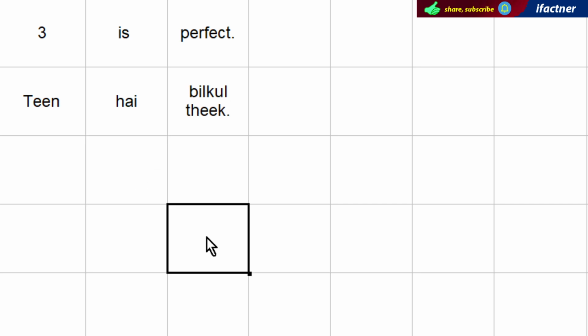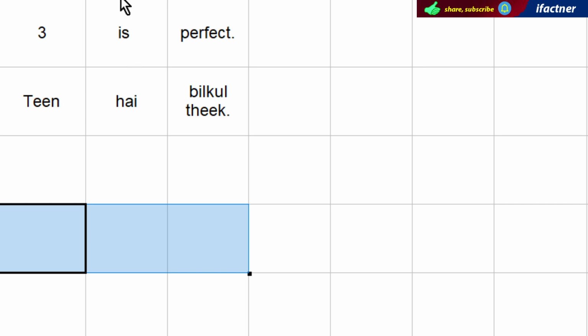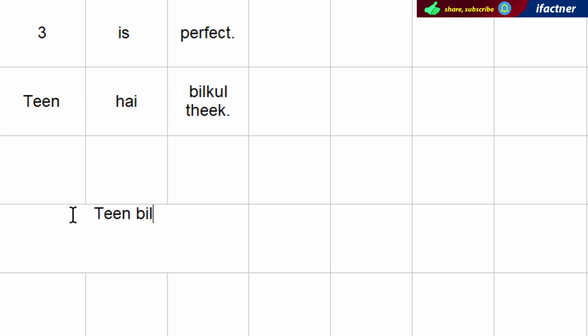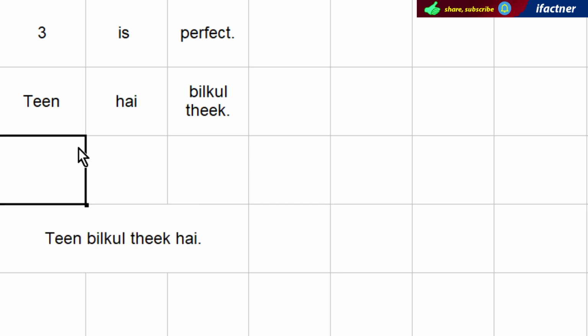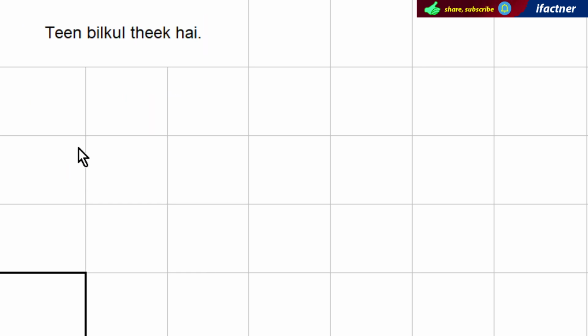Now we can say 3 बिल्कुल ठीक है, या 3 मंडे को बिल्कुल ठीक है. Now the operator says we